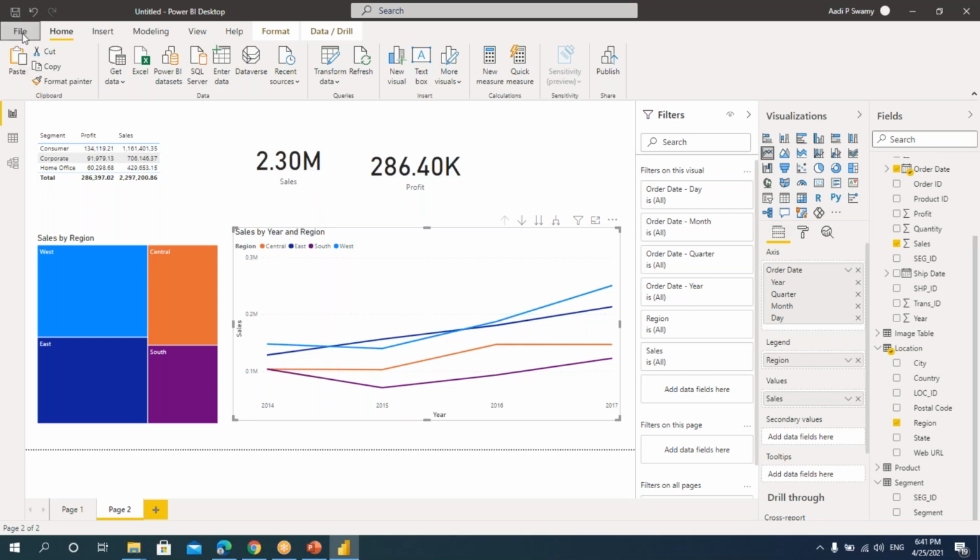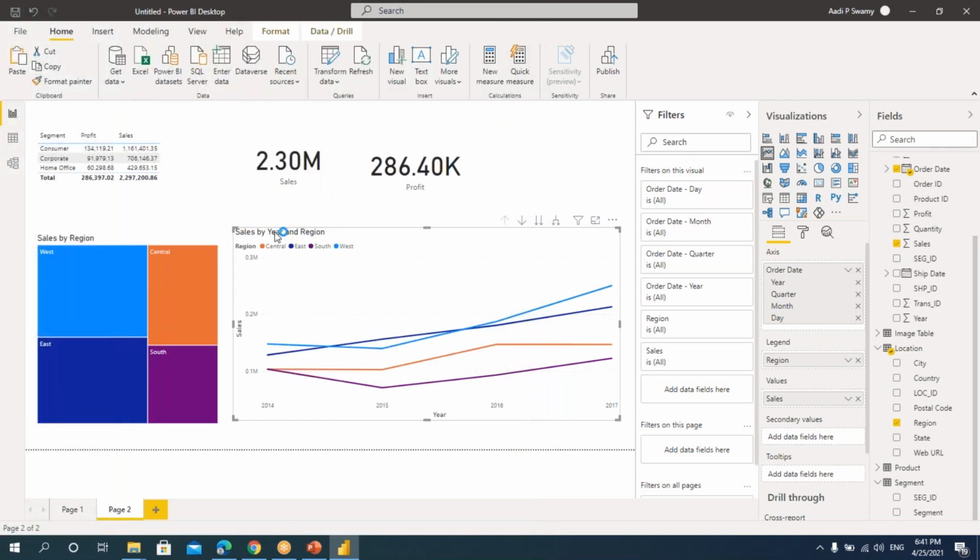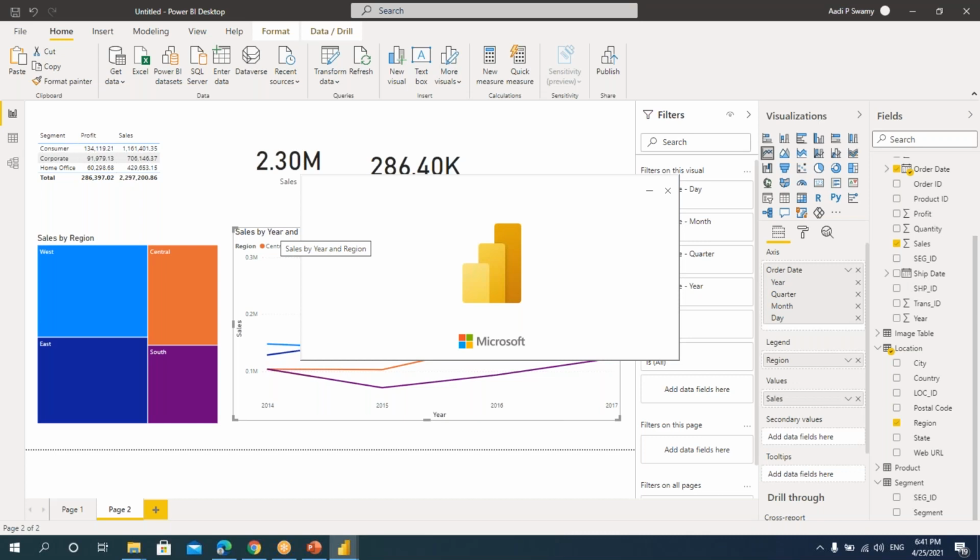Finally, let me just open one of the dashboards which I've already done. Let me just go here. Let's open. I'm just opening one of the dashboards which I've already developed. Within this 1 hour, it'll take a lot of time for me to explain all the options. So what I'm doing is showing you one of the dashboards we have done, and this also has been recorded. You can see that session also. If you want this, I can share this link as well. You can go through how we have created this dashboard. Here we have a lot of visualizations, images, and buttons that we have used.